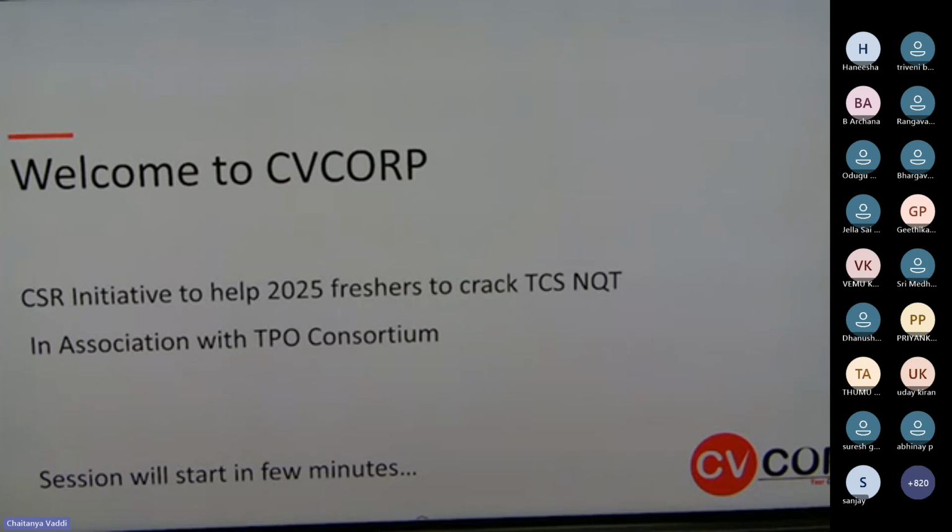I wish all the best to all the students to crack TCS. If you are able to crack it, well and good. If anyone clears the written test, please come to CV Corp. I can even guide you personally to clear the interviews also. If you need any support after your BTech, out of all the possible options among multiple institutes in Hyderabad, you can consider CV Corp as one of the options. Do more research about CV Corp, and if you feel positive vibes, you can come and meet us, no problem.